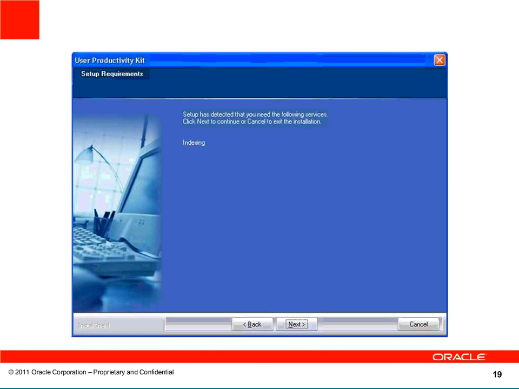Here it is. This slide shows setup has detected that you need the indexing services. It is an optional one. I mean, setup will detect whether you need the indexing or not. Obviously, if you need the indexing,